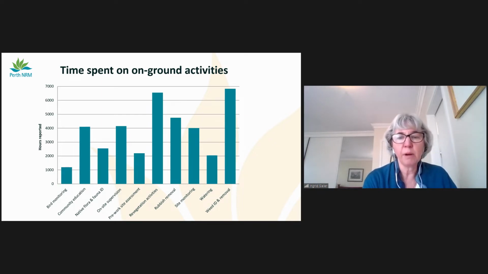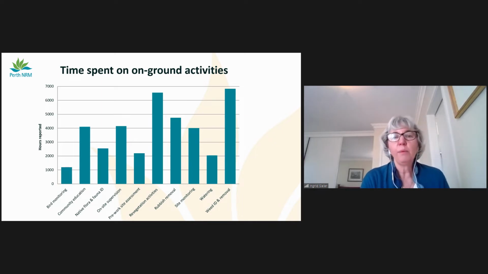As you can see from the graph, most of their time was spent on weed identification and removal and revegetation activities, each over 6,000 and close to 7,000 hours. They also did quite a lot of work around site monitoring, the supervision of volunteers, and the removal of rubbish from our sites, which is becoming a greater problem in Western Australia, with between 4,000 and 5,000 hours undertaking these